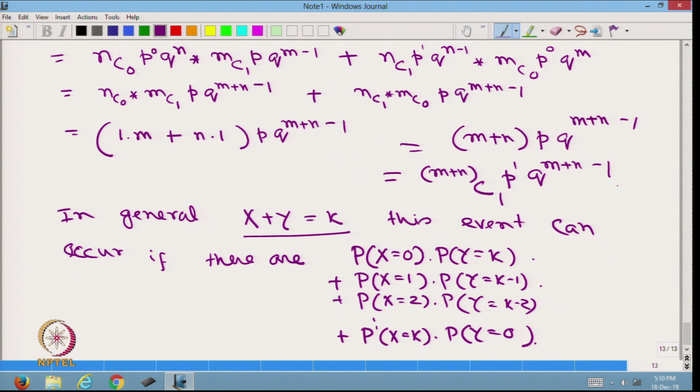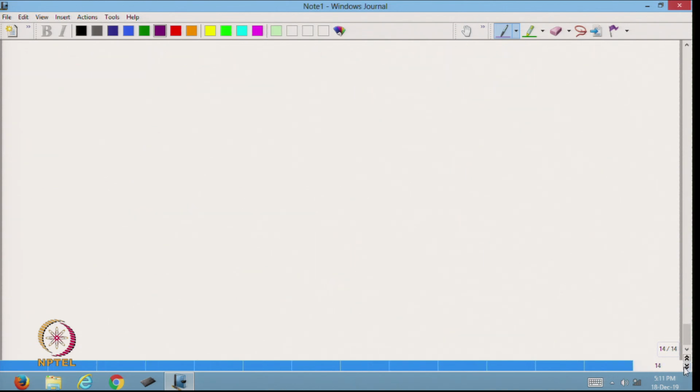Thus, there are k plus 1 disjoint events which give rise to the event x plus y is equal to k, and therefore, this probability is going to be